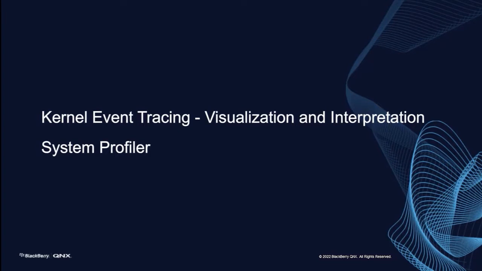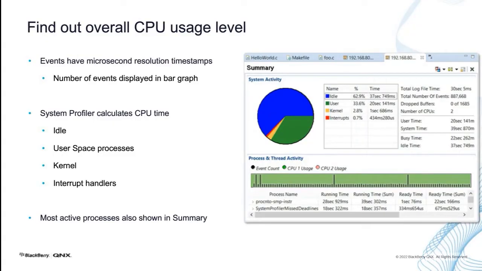Okay, let's now take a look at visualizing the data from a kernel event trace. When you first open a kernel event trace in the system profiler, you see a summary. In the kernel event trace, there are lots of events, and each event has a microsecond accurate timestamp. So the system profiler can quickly calculate the actual overall CPU usage during the time of the log. It gives you a first